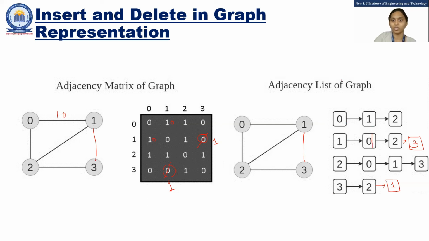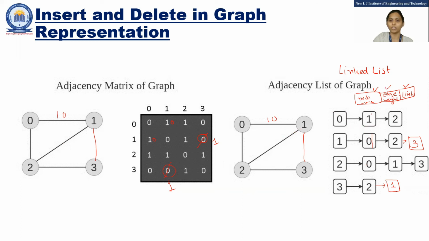In the list format also, you need to create one extra space. You can see it is a linked list. And in your linked list, you just have to create one data part. Here, you can see there is node name, then weight, and then link. So in this normal case, you can only find node name and link part. Edge weight is not here because it is an unweighted graph. But if some weight is introduced here, then you need to add something extra, that is edge weight.